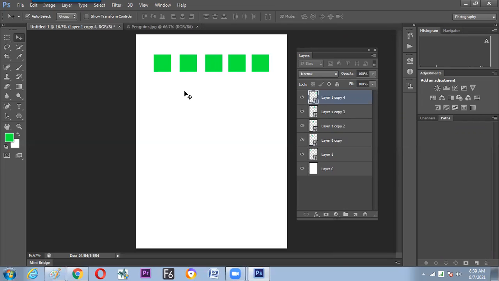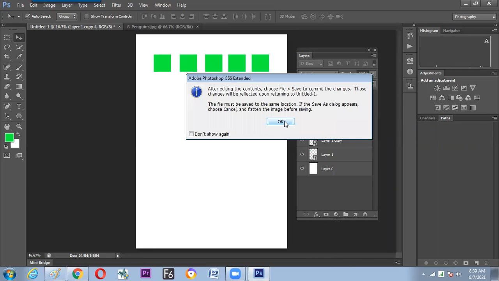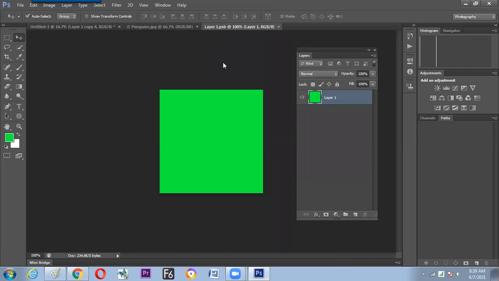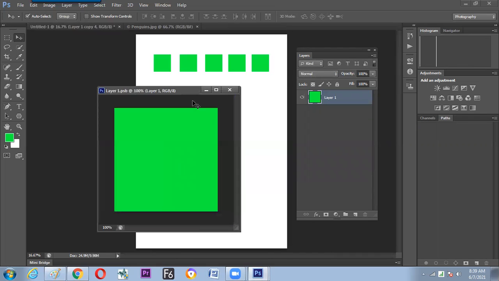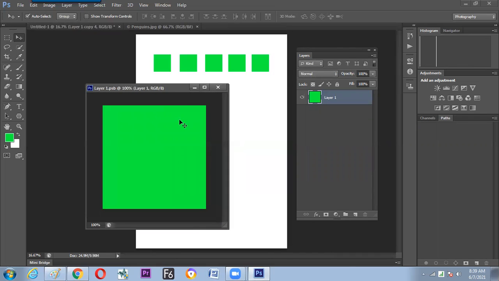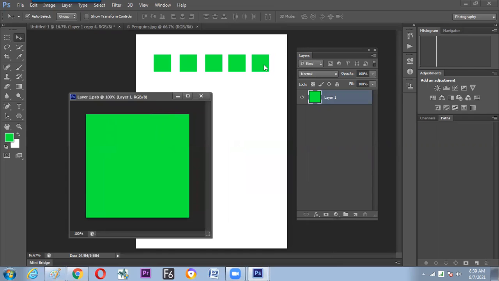Now, suddenly the client asks to change it to a circle. Here, we only need to double click on this particular layer. The time we double click, the software asks whether we want to open it in a new layer or save the changes. Go for yes. So what happened here, it allows us to open it in a new layer. Whatever we do in this layer will be reflected over here.